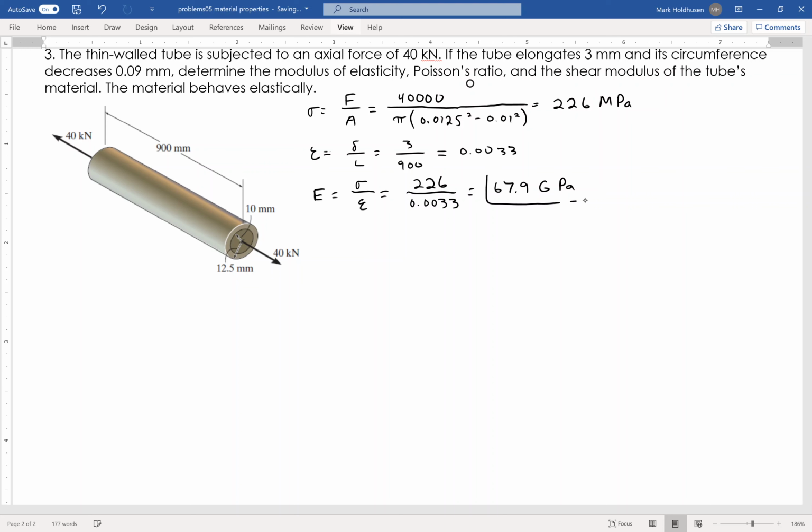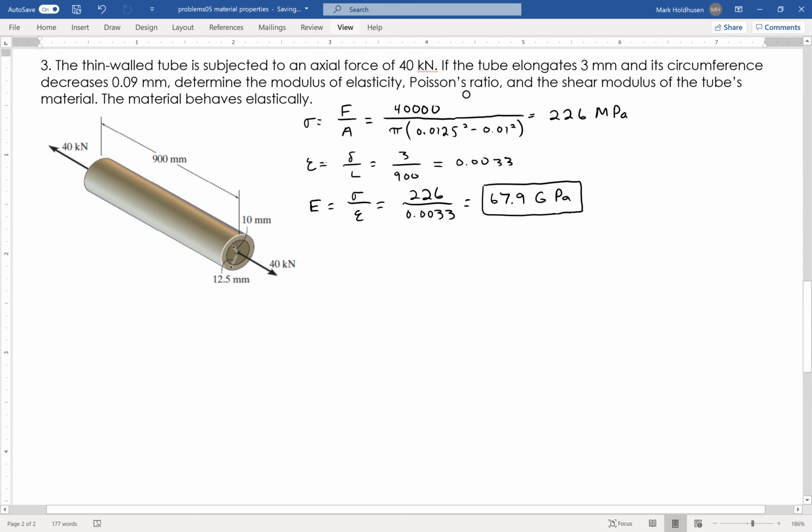Alright, so now the next thing I want to do is find Poisson's ratio. So I need to basically find the lateral strain. That is the strain of the radius, essentially. Now, it gives me the circumference difference. So we're going to start with my initial circumference, which is going to be 2 pi times the radius, and I'm going to do everything on this one just in millimeters, just to keep too many zeros away, right? So the initial circumference is 78.54,